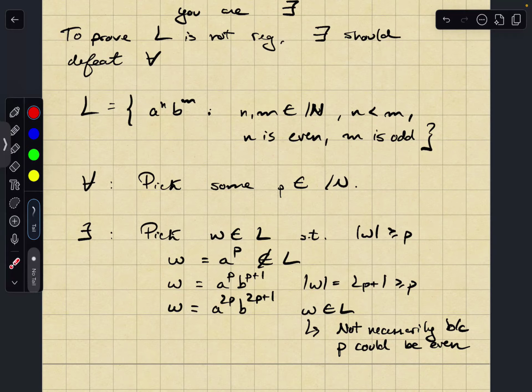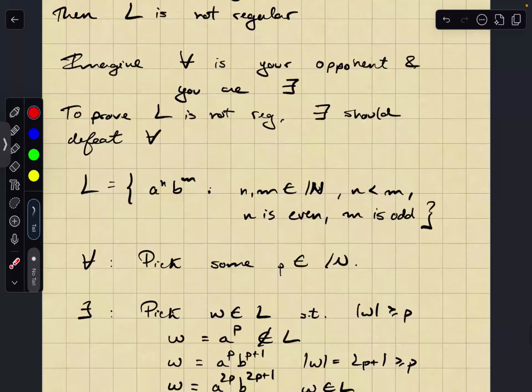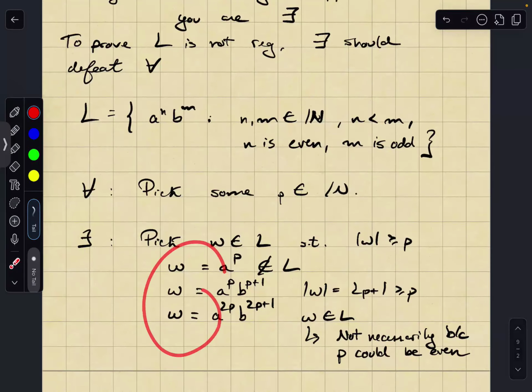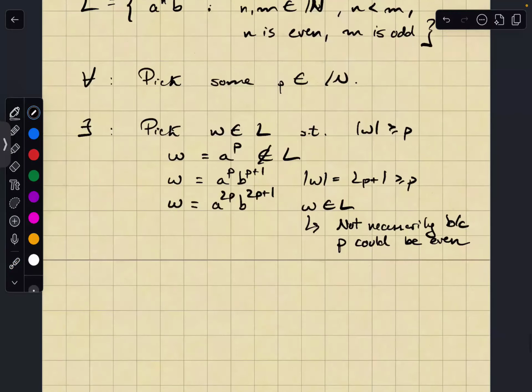Okay. So it's very possible that you pick a string that's correct here, but then when you go back to your opponent's turn and then your turn, you find that actually the string doesn't work. You can't find an I. In which case you kind of have to backtrack and choose a different W. Okay. So just by doing a few practice rounds, by trying a bunch of different problems, you get an intuition as to which are good and which are bad choices of W. So this is probably going to be a good choice of W. Why do I think this? Because, well, let me show you why I think this.